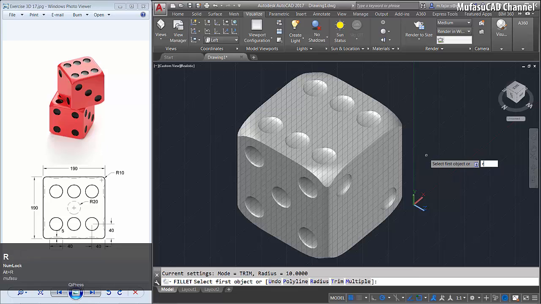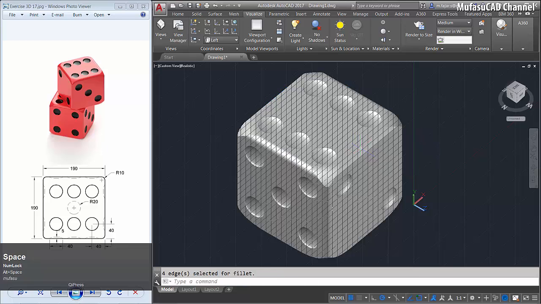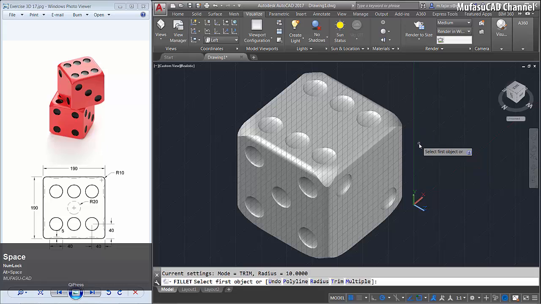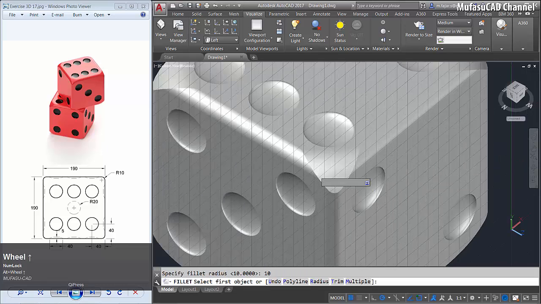Okay, with the radius about 10, and we violet this edge, this edge, and then this edge. Enter to violet. Use a violet command again with a radius about 10, and we violet this edge.